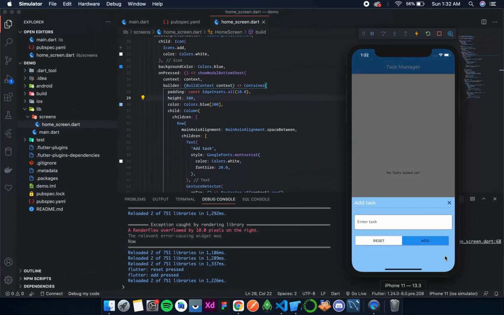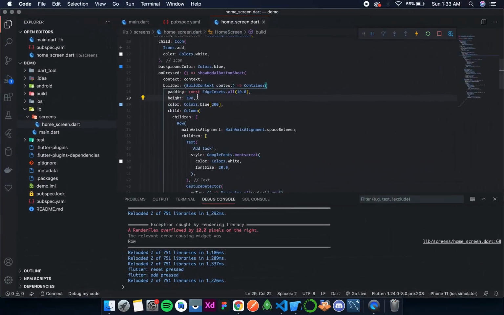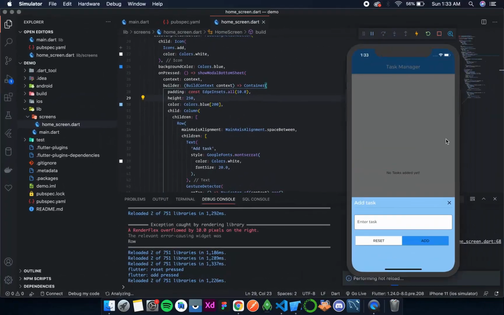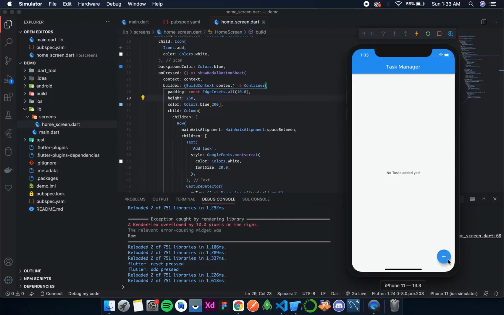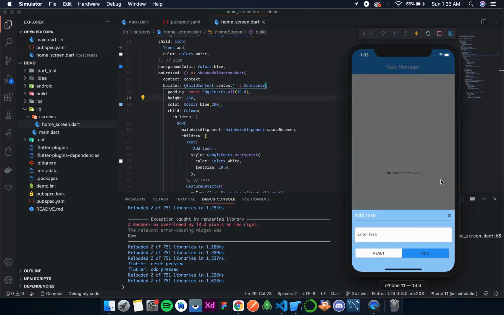Let's see. And 300 is also more than required. I'll make it 250. Now let's see. So this looks good. Now apparently there is a better color for the background than the color it is right now. We will discuss that later. For now, our adding a task UI is complete.